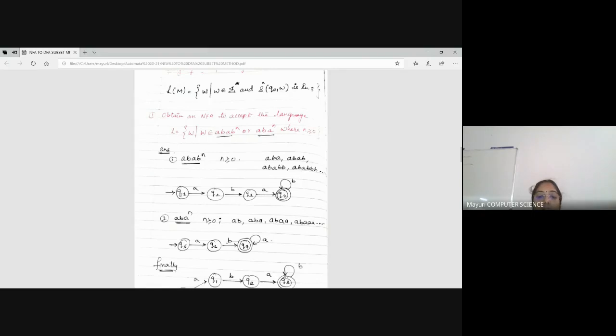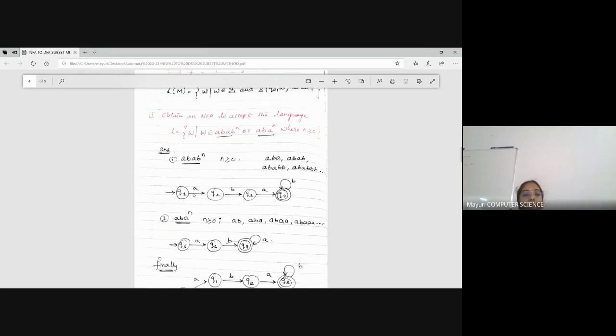Basic string. So first write it like this. ABA. Even for ABA, it goes to the final state. One of the string ABA, or else after that any number of b's, b power n. So that I have given it like this. So now I can leave it as such because it's NDFSM. I no need to provide the next input from every state. So now the Q1 I have given A. I no need to give B because it's NDFSM. I can say for Q2 I have given B. I no need to give the input A.